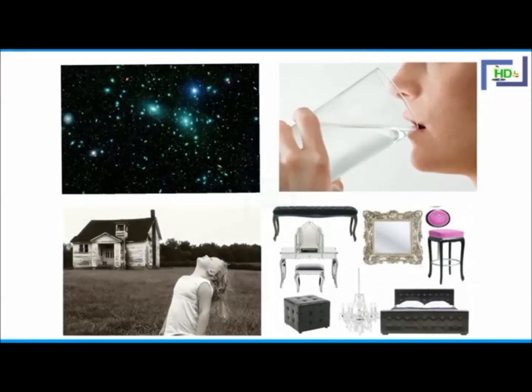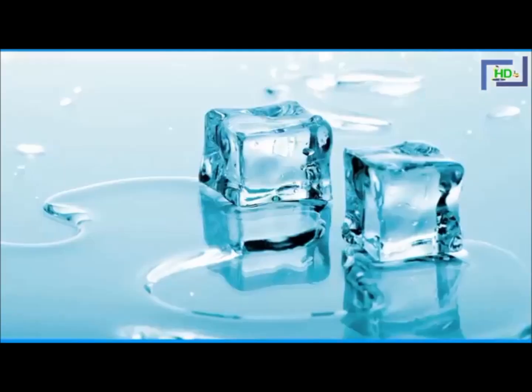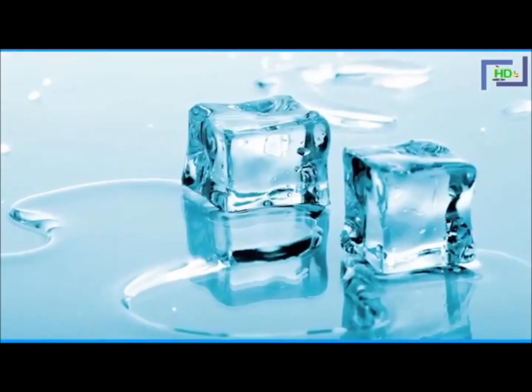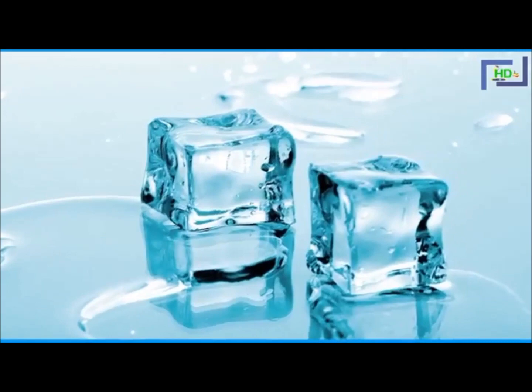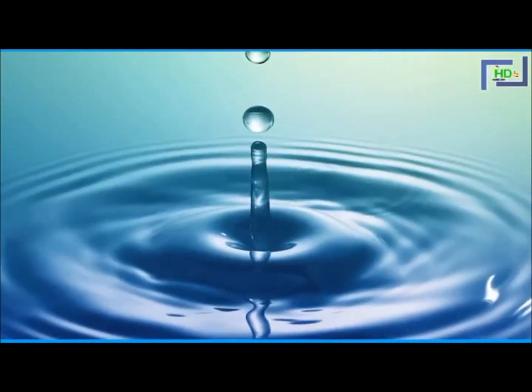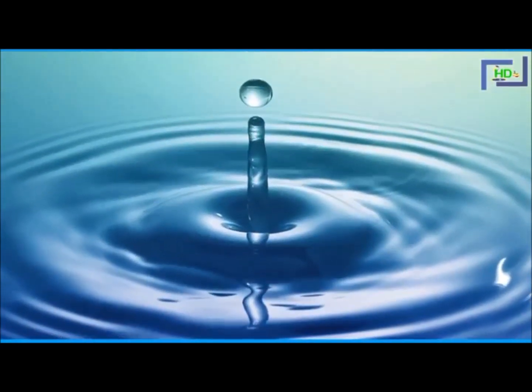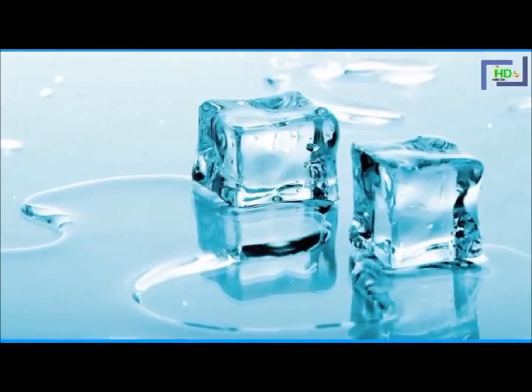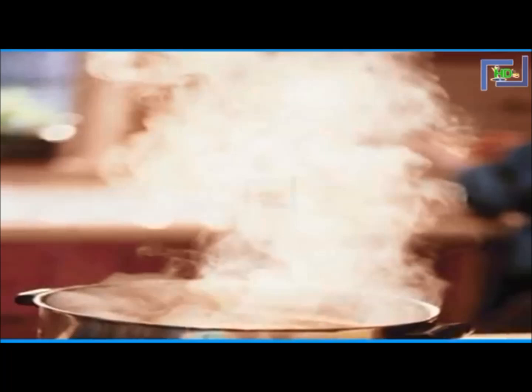You can find matter in many forms like in solids, liquids and gases. If we consider ice, this is a solid form of water. What about water? This is the liquid form of water. And water vapors, this is the gaseous form of water. You can find different matter having different characteristics like their color, shape, size, smell, like these things.